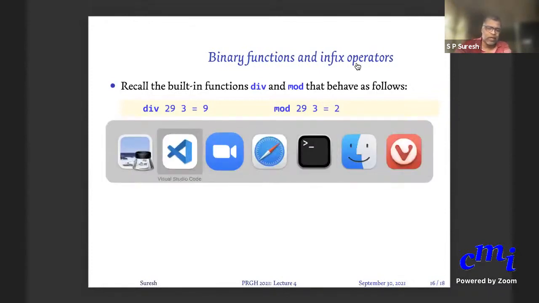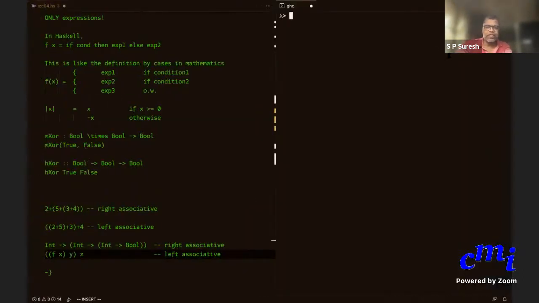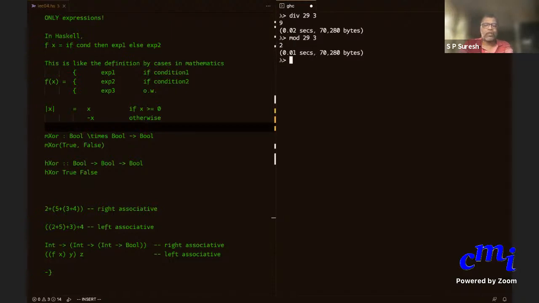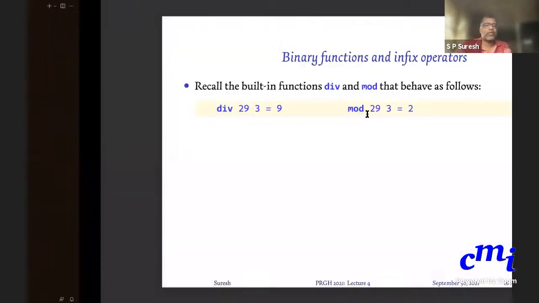I hope it's correct. You can check here in GHCi. So div of 29 and 3, I say that is 9. Mod of 29 and 3 will give me 2.